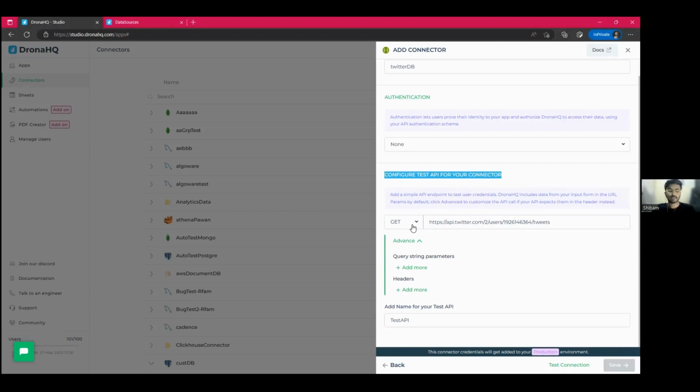And here, if you are well versed with APIs, you will know that there are several methods. So we have a get method, post method, put, patch, head, and delete. So I just want to retrieve the data. So I will be using the get method, and the data is basically the tweets which I want to receive from my own account,